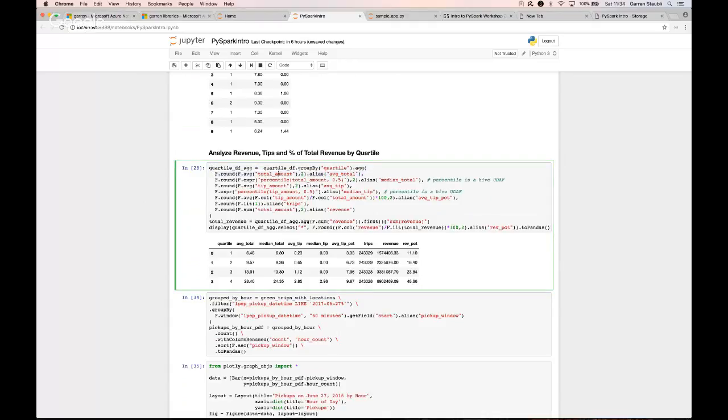So we're going to just get the total amount, the average total, the median total, because we like medians. I love medians at least. Average tips, median tips, average tip percent, and then just a count. So this is kind of a silly way to do a count, but it is the way that we have to work with Spark when we're using the API instead of the SQL queries. This is just going to tell us how many trips total,